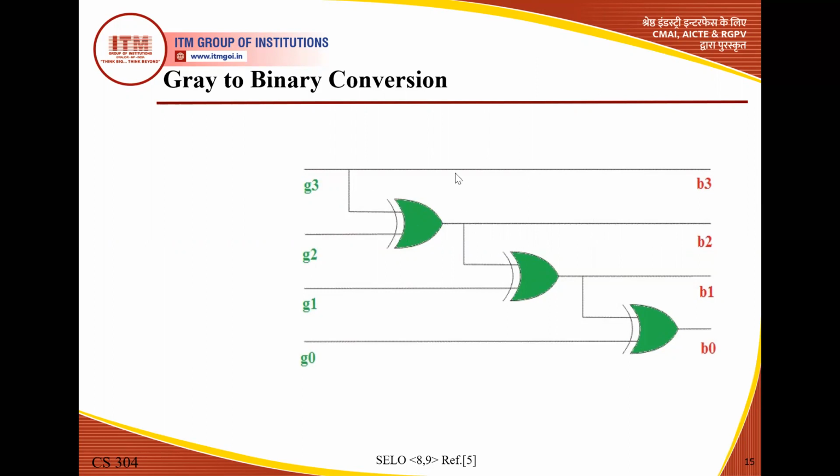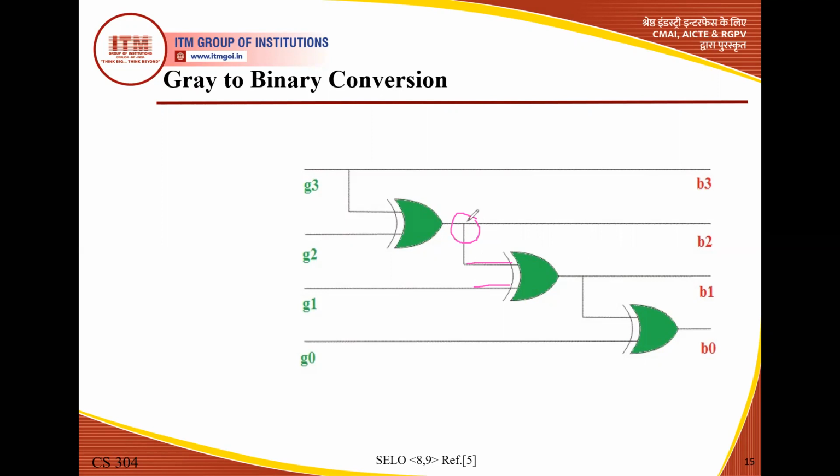Now, students concentrate here, it is an important point, and there is a difference. Here we XOR the output of the first XOR gate. The output of the first XOR gate is taken as an input over here, and the other input is G1. The output of the first gate is G2 XOR G3, and this G2 XOR G3 is used as an input of this gate. So the output of this XOR gate is G1 XOR G2 XOR G3.